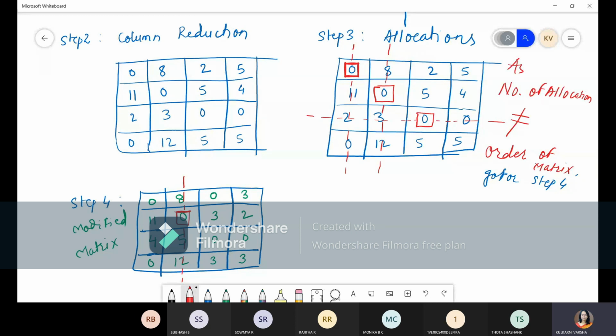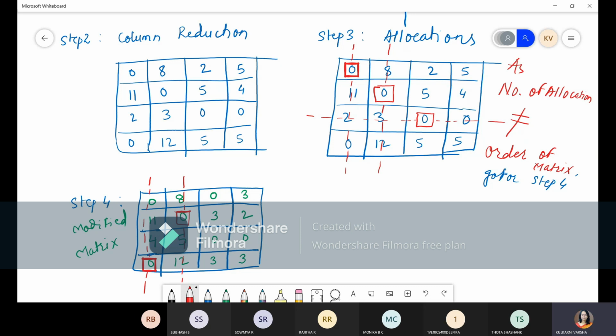Go for the fourth row. Now in this fourth row you have a single 0. So allocate that 0. So we are allocating this 0. Right? And as we are allocating this 0, we will cancel this column. Okay? As we have cancelled this column, now we will do column wise. Column wise, the first column is already crossed.